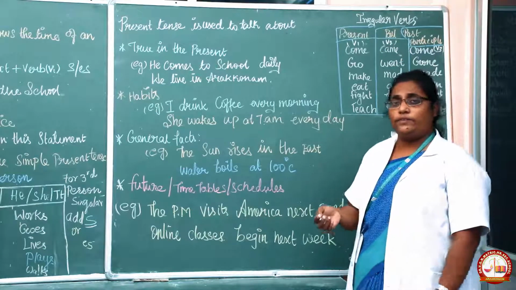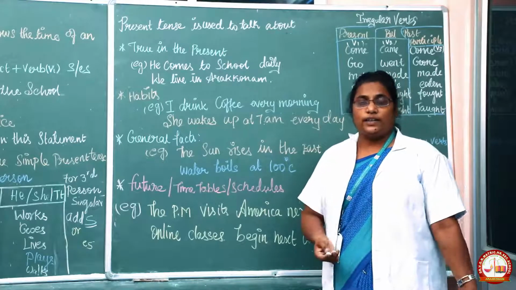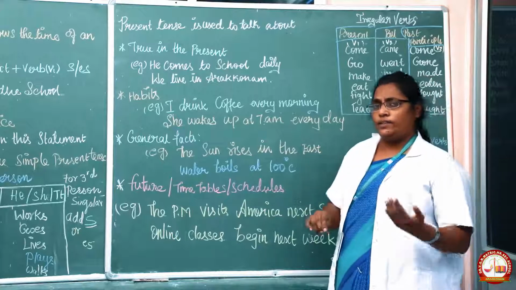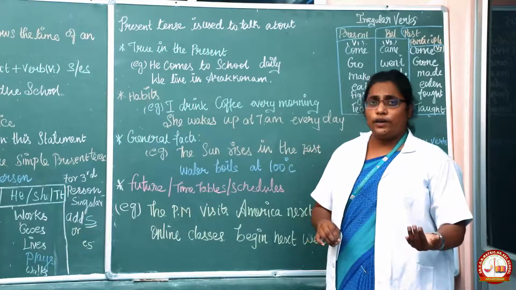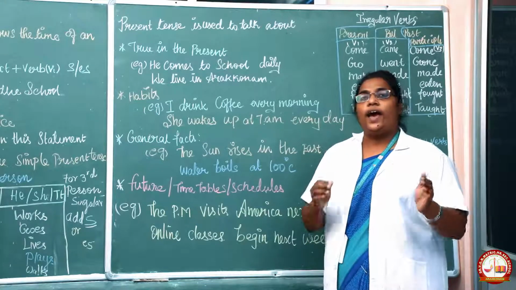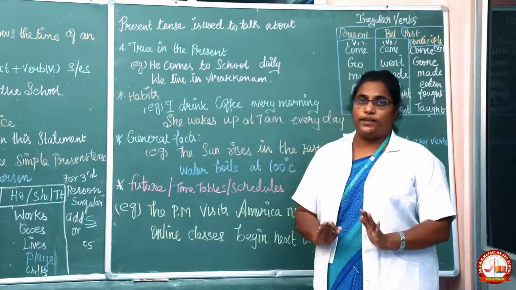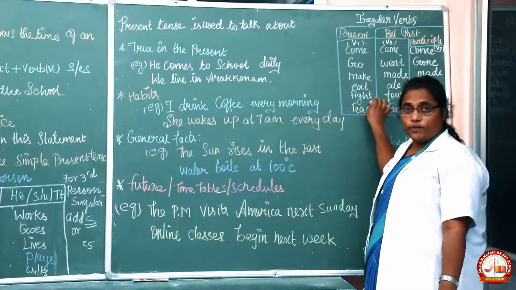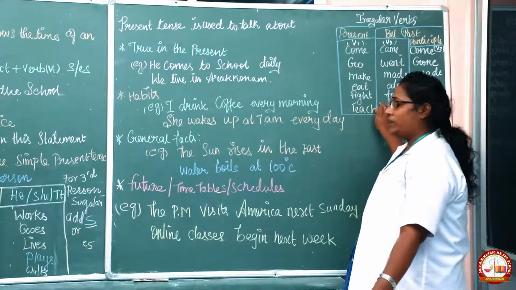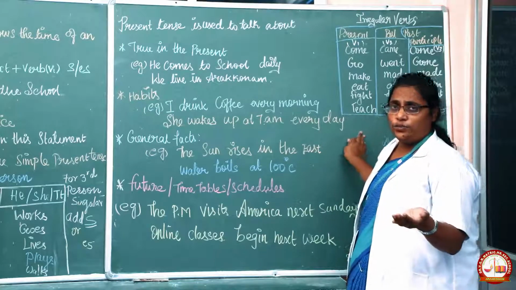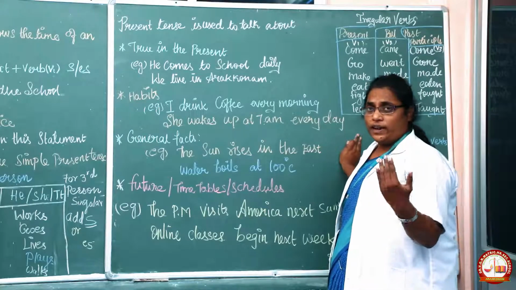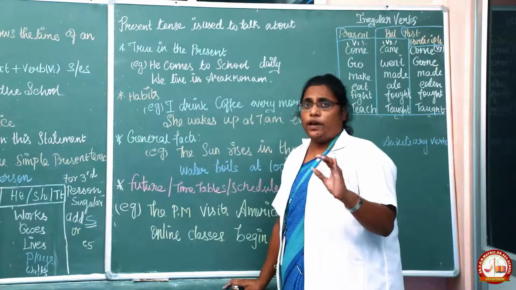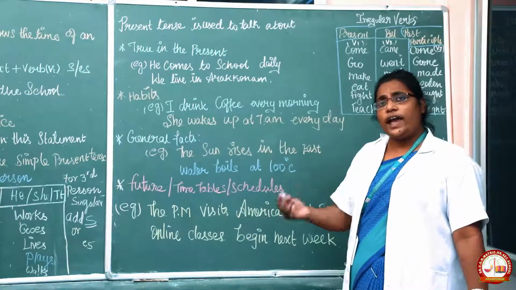And the next one, in the previous class I told you about grammatical persons. I also told you what is a regular verb and what is an irregular verb. Adding ed to the main verb, that is a regular verb. Then irregular verbs, you can see there are a few irregular verbs I have written here, but we should not add ed to the main verb. I hope you understand that one. So when you are adding ed to the verb, that is a regular verb. In irregular verbs, we are not adding ed to the verb.